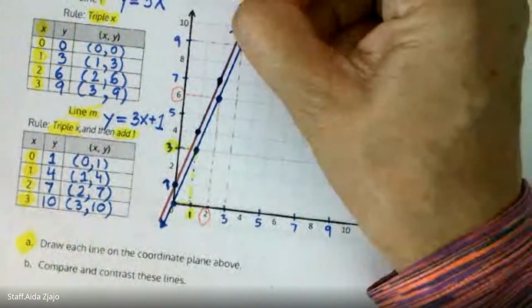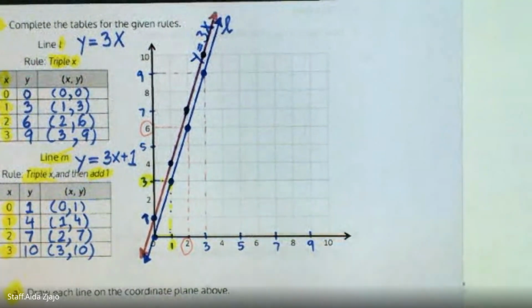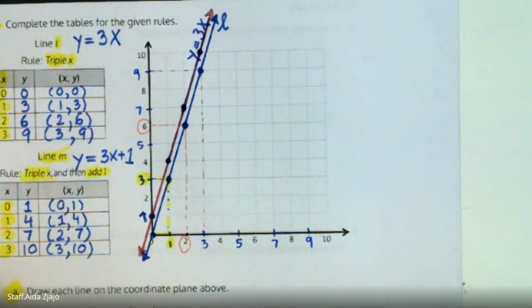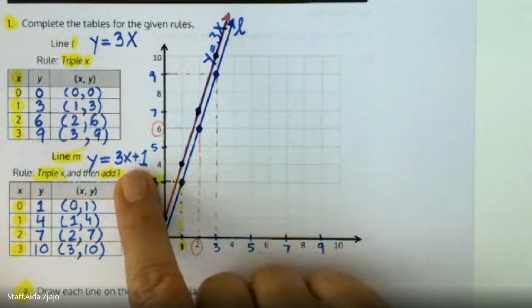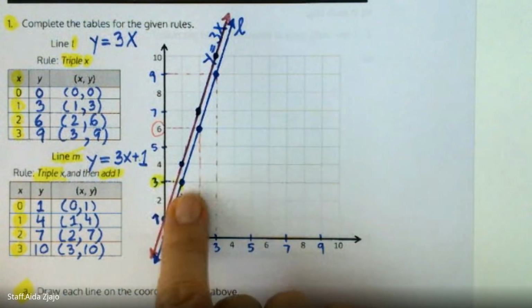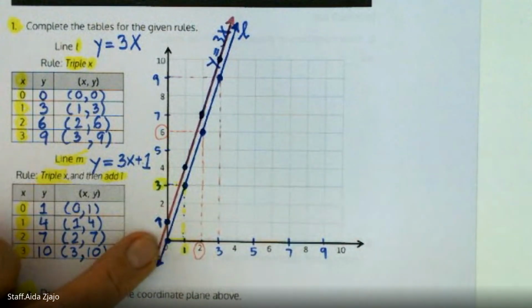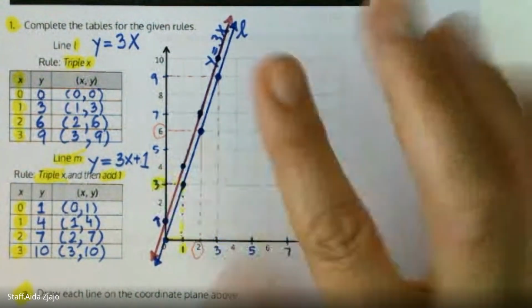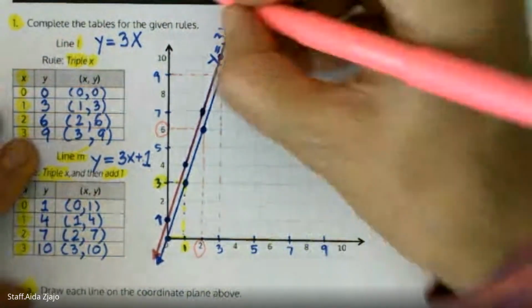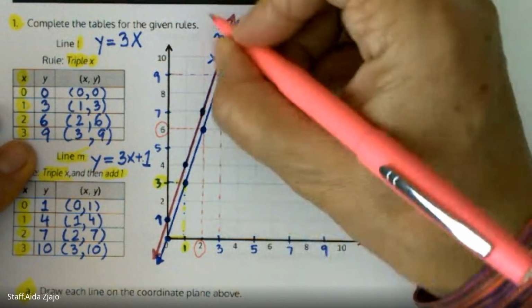Okay, here you go. So that is the other line. So next, compare and contrast these lines. It looks like they are parallel, which is correct because they have 3x, and then this one is just 1 unit. The line M is 1 unit away from the line L. So I messed up because this represents this line, and then M,